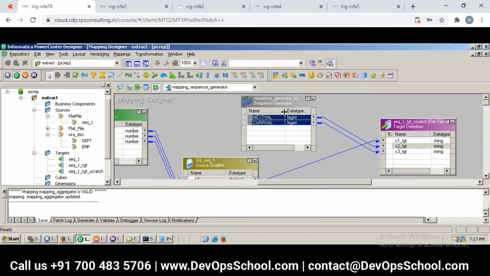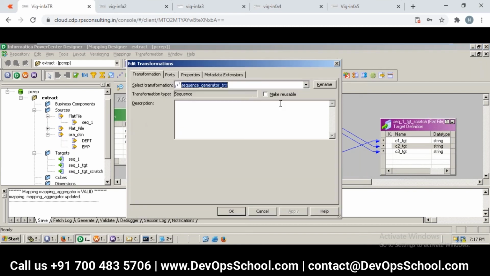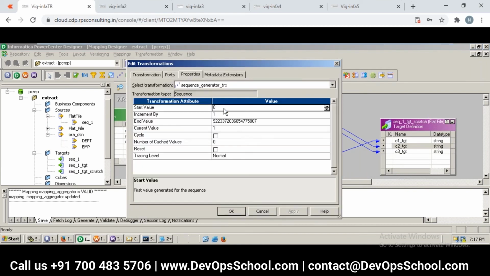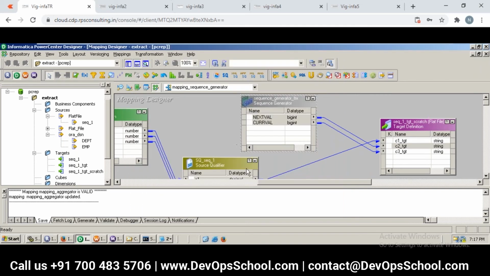Now, if you look at these properties of the sequence generator, we can see the initial value is 0, the start value, the increment is 1, and the end value is the max, which is what I talked about. The current value is 1, but any other properties I'll talk about later. So that's it. Now we can create the workflow